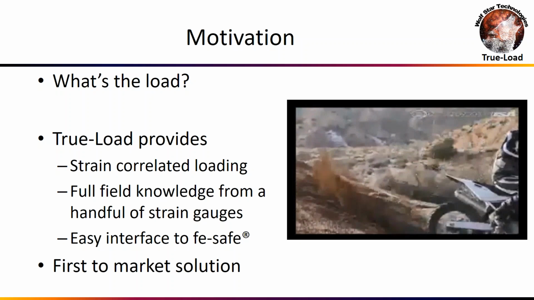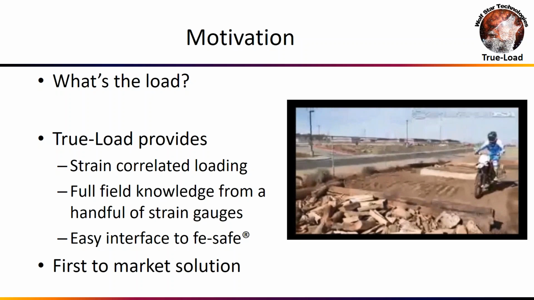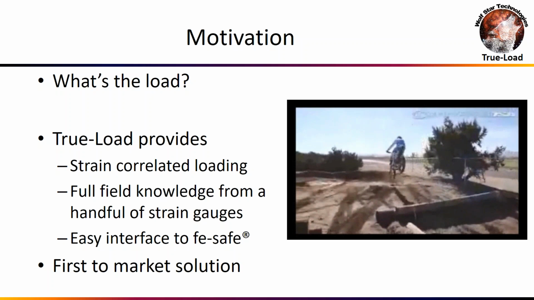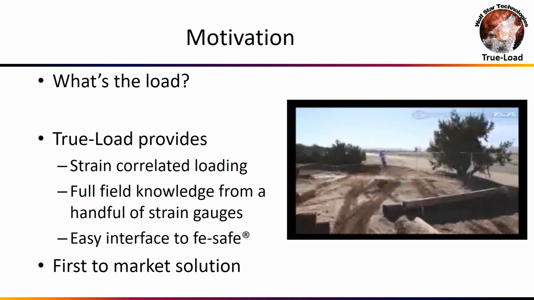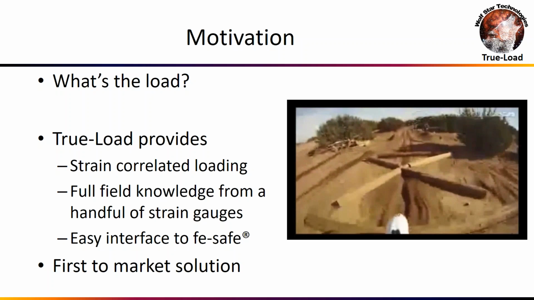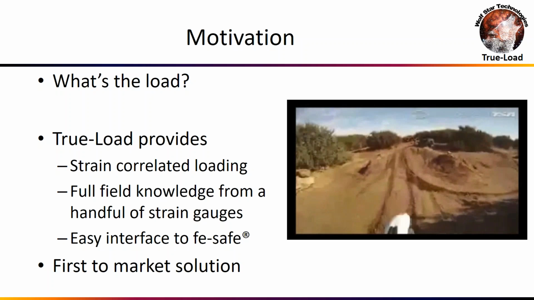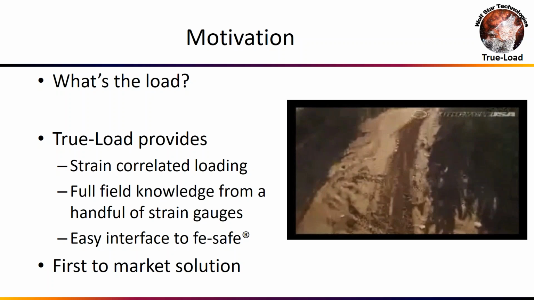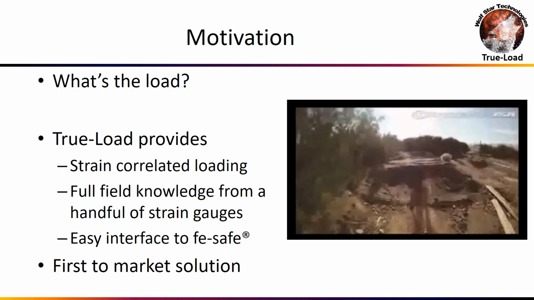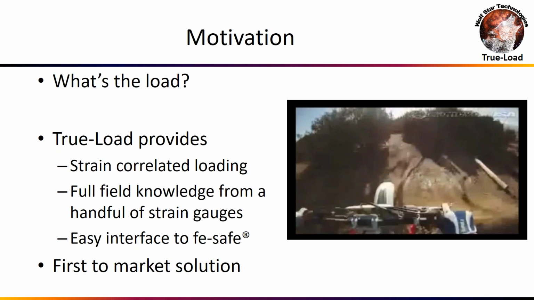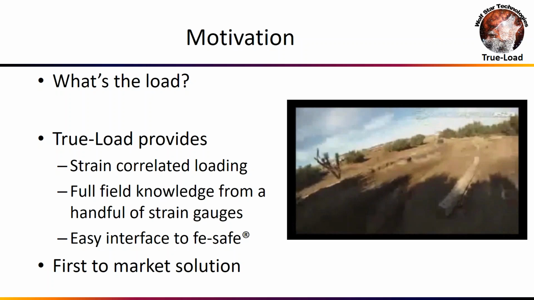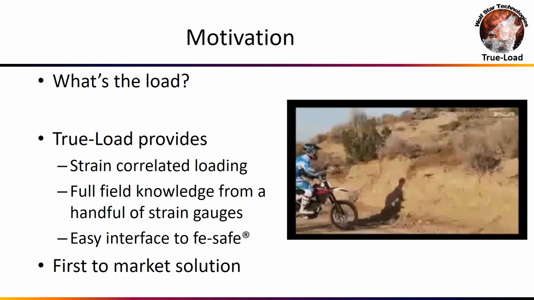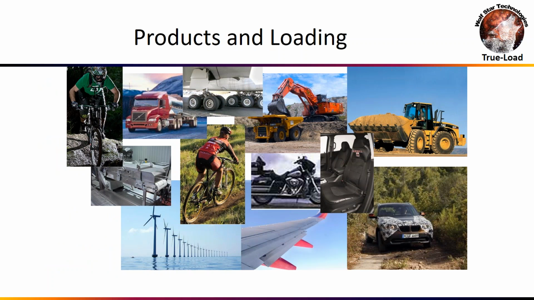Now this is a first-to-market solution. It's based on a technology called influence coefficients. Influence coefficients have been out there for about 50 years, but this is the first product that basically wraps the FEA model and the laborious task of choosing strain gauges and setting up correlation matrices with an automatic process through scripting in FEA. So this is the first time that's really been done in a nice commercial beginning to end package.